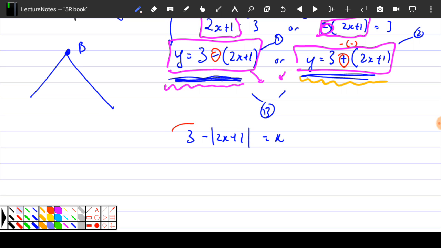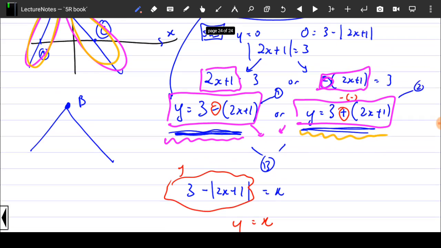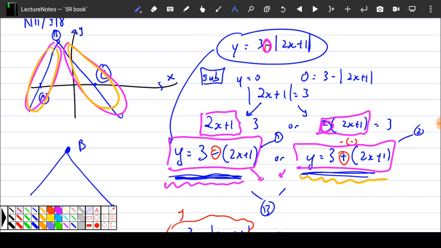Very good. You realize that this is y. So actually they want you to solve y equals to x. Y equals to x means I were to draw one line just like that. Then I want to find this point. So when they say solve, then your question is, Cher, I have two equations. Which one